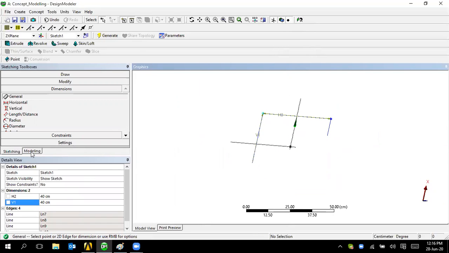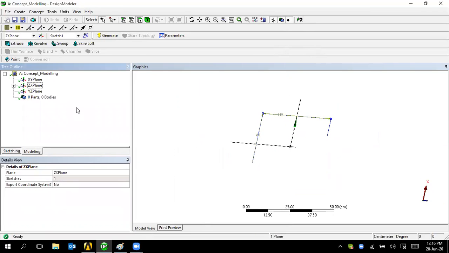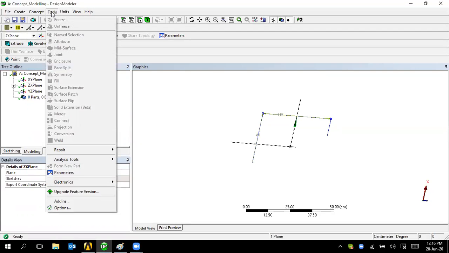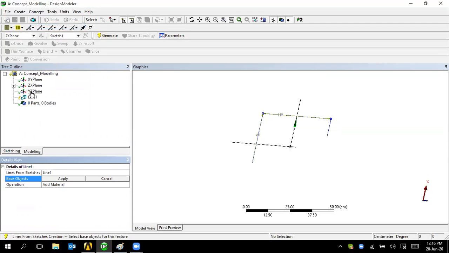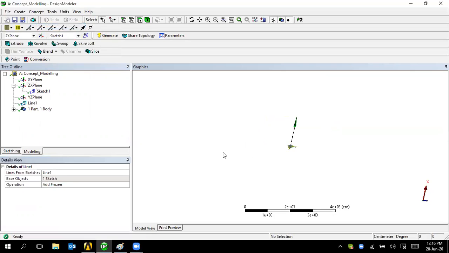Okay, 40 cross 40 centimeter is available, right? Now go to the modeling and create first of all the line body from the sketch. So I have the line body, apply, add frozen, generate it.